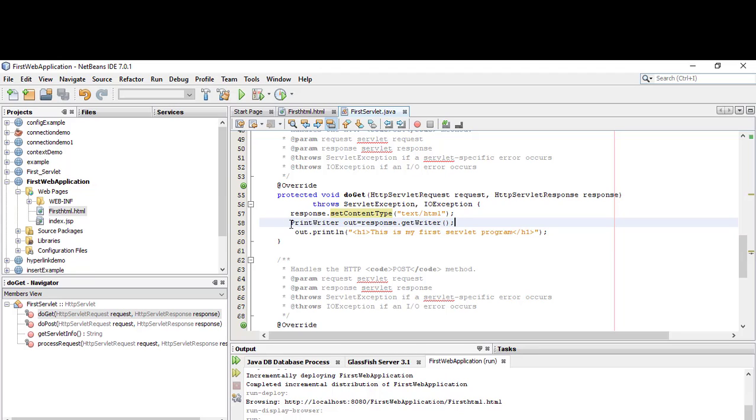To print the output on the browser, I am taking the object of PrintWriter. PrintWriter out is equal to response.getWriter.